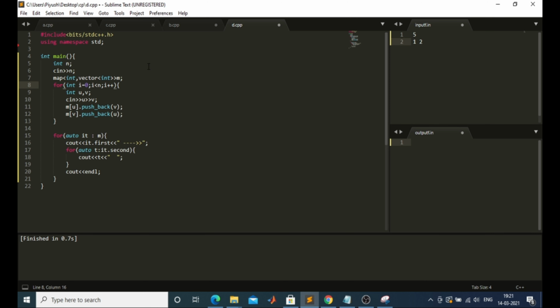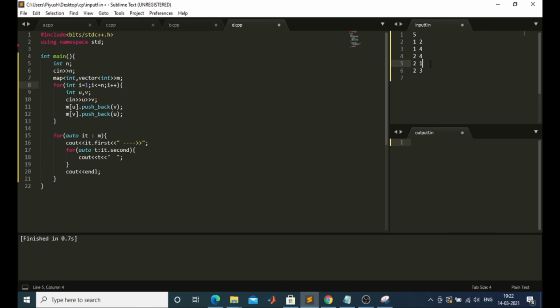Wait a second, I have taken numbers from 1 to 5, so I need to make a graph from 1 to n. Otherwise it won't pick up the last value and a runtime error will come. 1 2, and 1 is also connected to 4, then 2 is connected to 4, 2 is connected to 3 and 1.